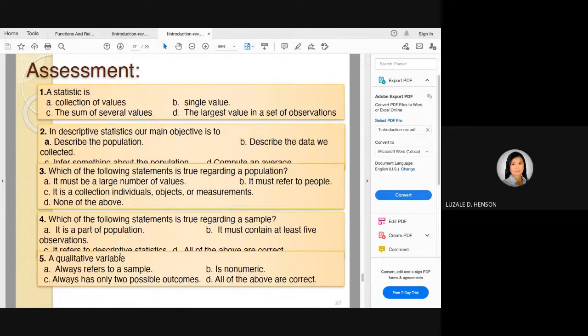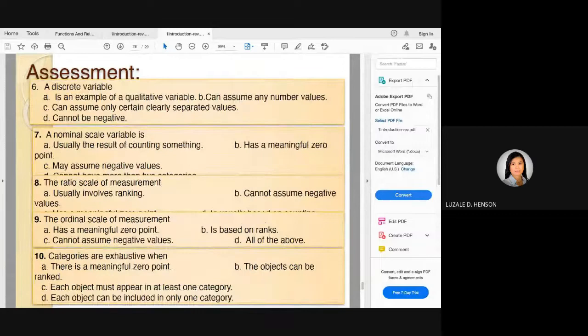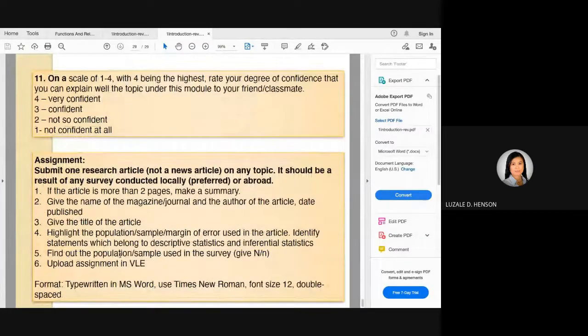So that's it, no? That's for Module 1. Kaya meron tayong mga questions dito to test your understanding. This will form part of your first online test. Review nyo na lang, okay? And for your assignment,